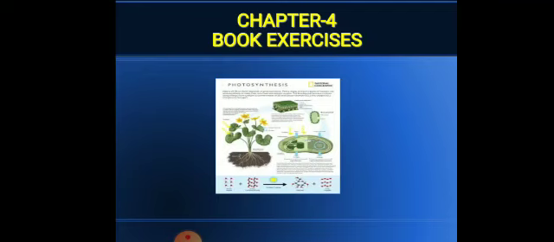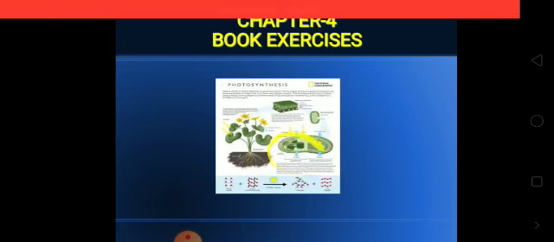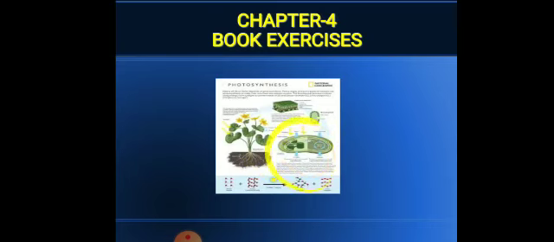Photosynthesis is a process through which plants make their own food with the help of four raw materials: carbon dioxide, water, sunlight and chlorophyll. As you can see in this picture, the chloroplast is the cell organelle, also called the kitchen of the cell, which is present inside the green leaf. Photosynthesis is carried out only in green plants.